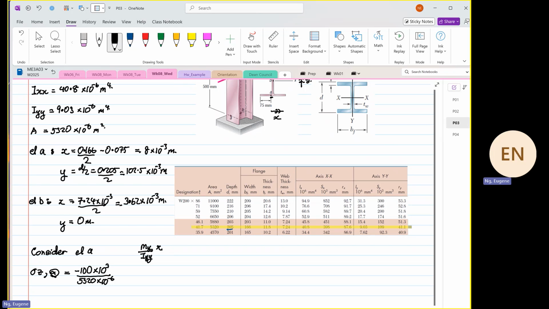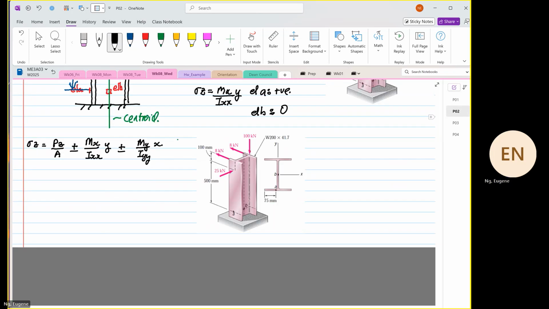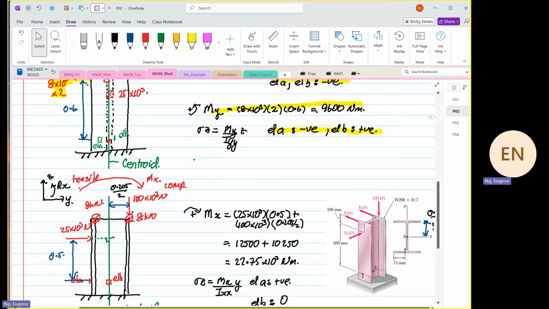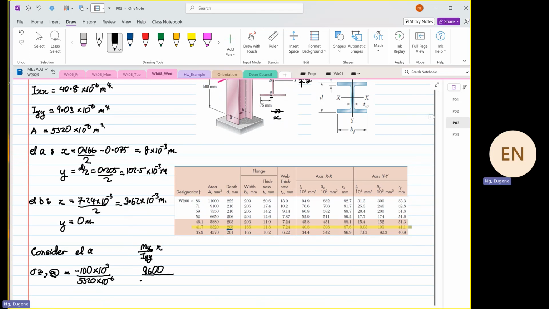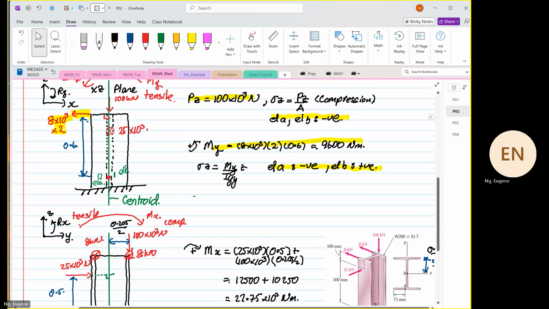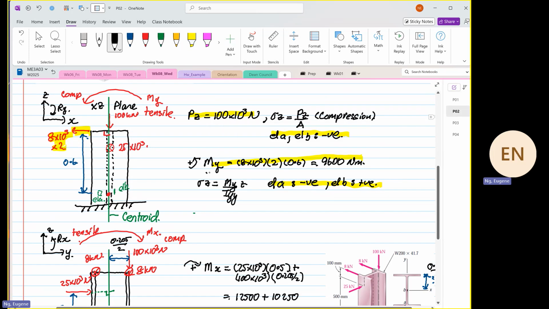So moment about y we calculated is equal to what? Moment about y. 9600. Okay. So we know that this is 9600 divided by Iyy 9.03. So element A, the x distance is 8 times 10 to the power minus 3. Okay. So if we go back to the previous graph or previous page, right? Moment about y, right? Moment about y is going to generate a what? A compression on element